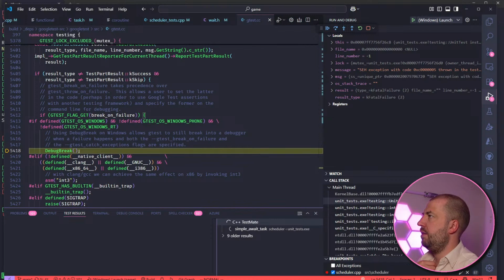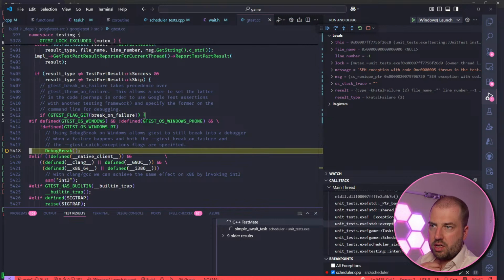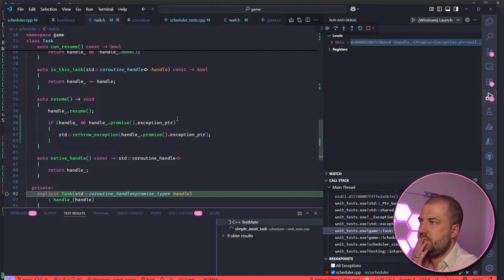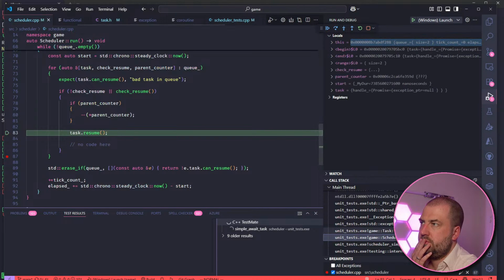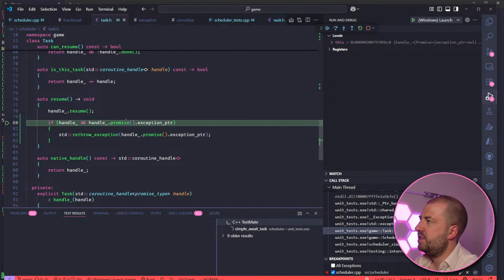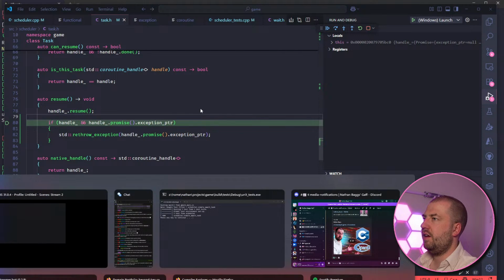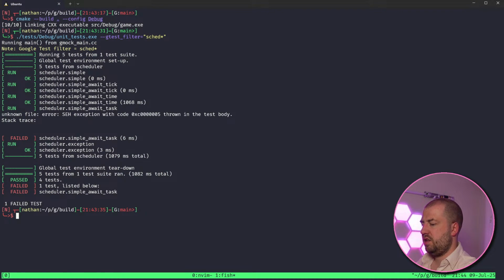It's using a shared pointer somewhere in there. It's because this is after the resume again, but I feel like putting it after is wrong.